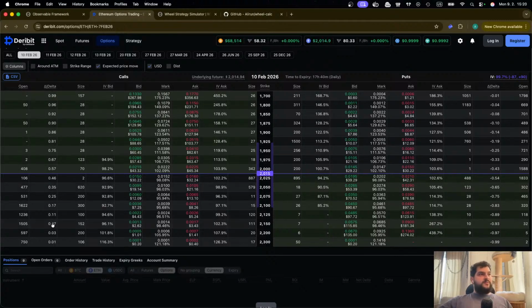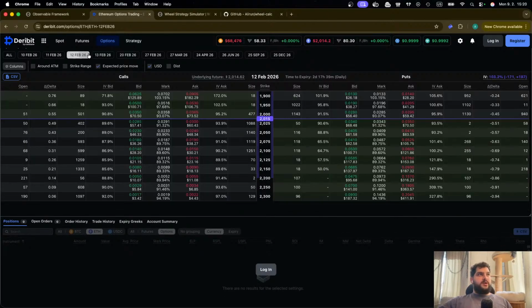So if we choose 10 delta, for example this one, it's going to take just this. If you choose 1% delta, then we will always get strike prices like this, which is the least paying option on the market.